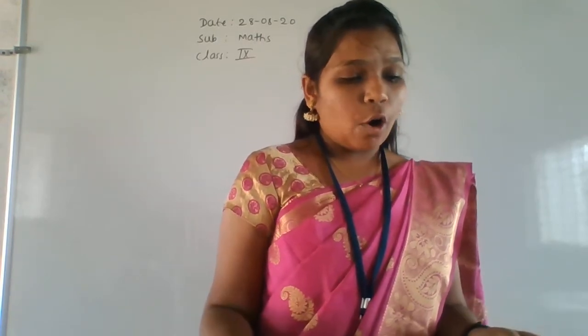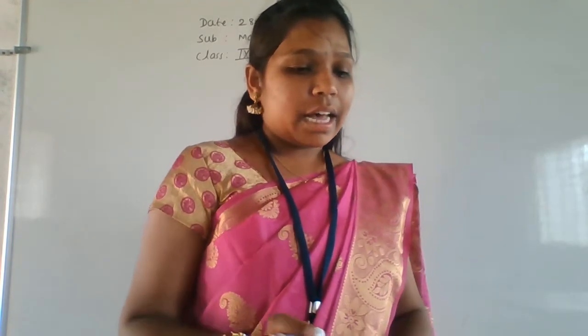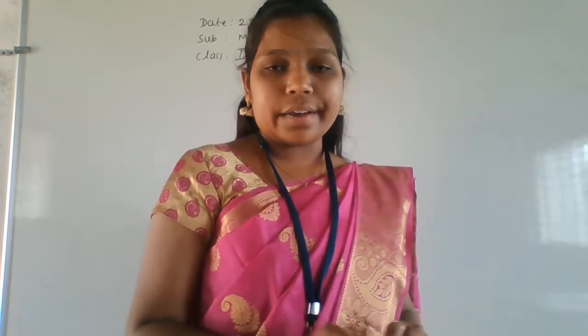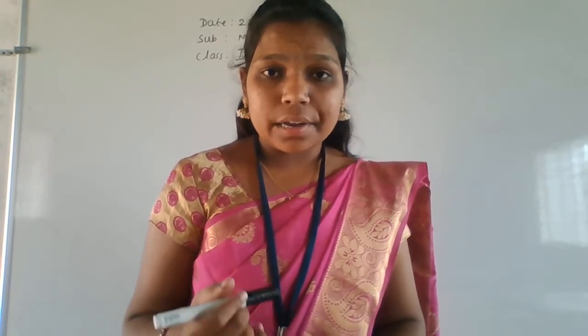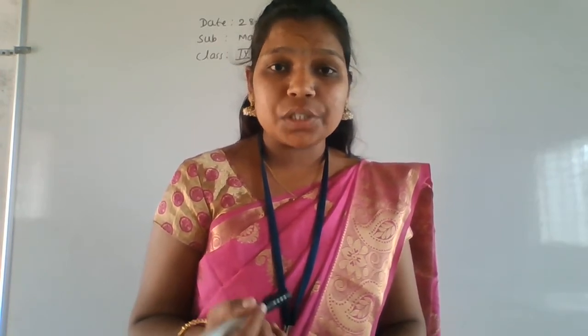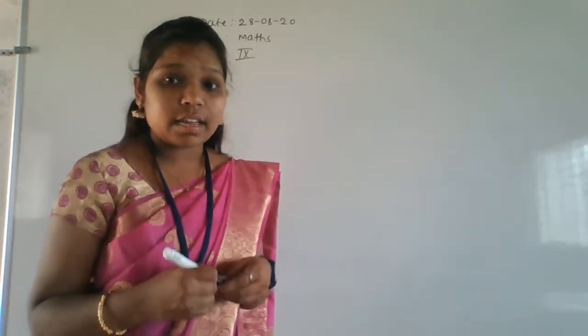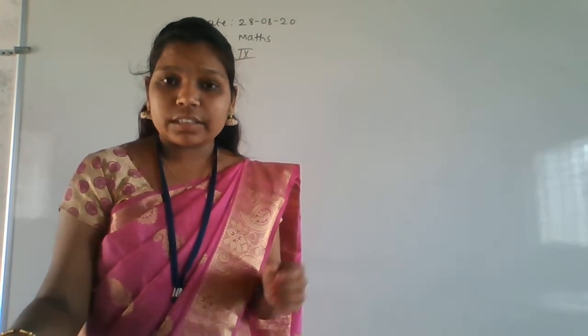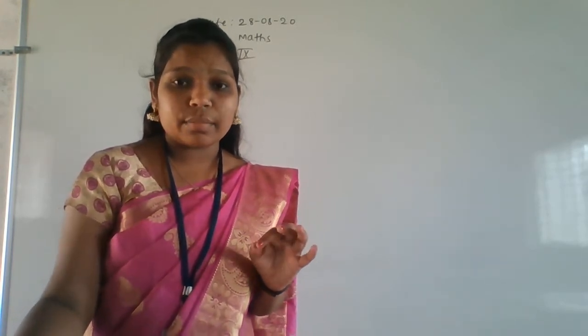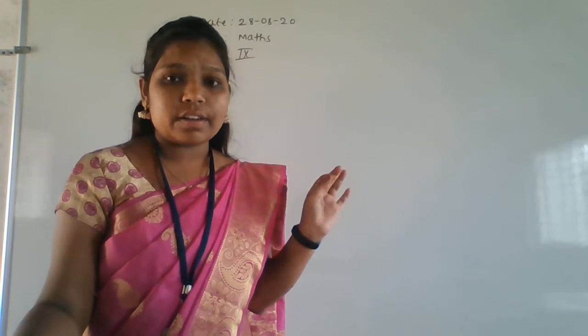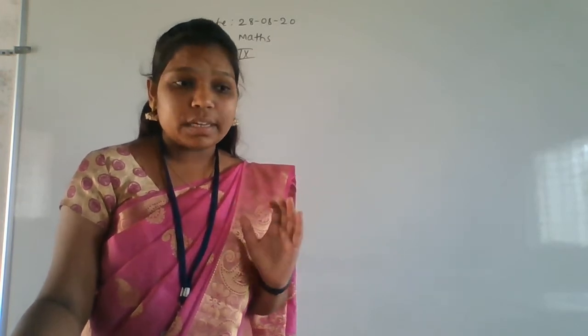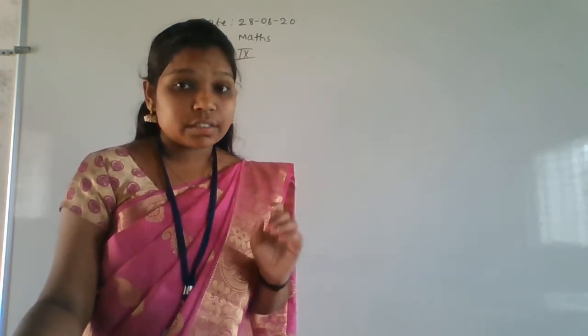Before going to the operations on real numbers, I will just tell how to find the values of root 2 and root 3, all the irrational numbers. Okay, how to find root 2 and root 3 values in the decimal expansion. How do we find those values? I'll tell here. There is a long division method. If you are perfect with the perfect square numbers, then only it is possible, otherwise it's not possible. Okay, so please be thorough with the perfect square numbers.